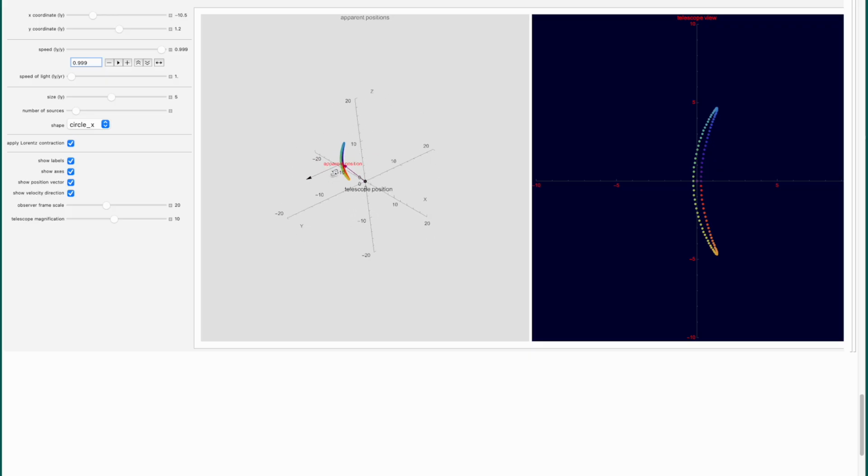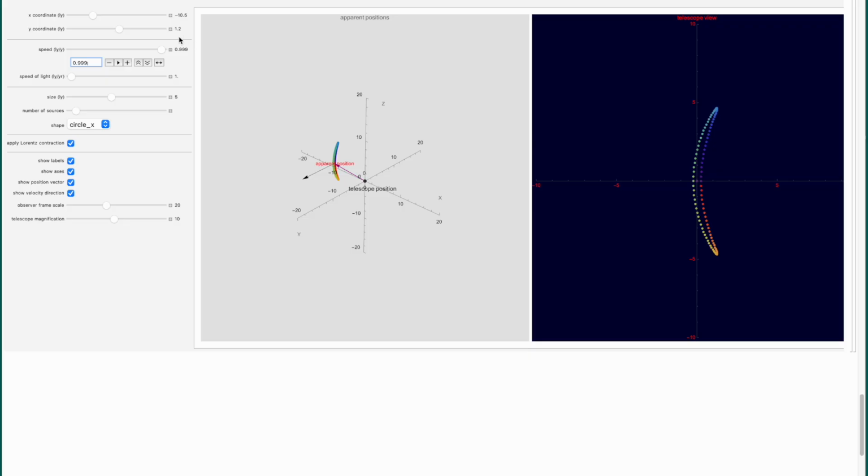Okay? So again, going back to the paradoxical nature of this effect, consider the fact that we never see this. No one has ever reported seeing such a thing, to my knowledge at least. And there are a couple of reasons for that.